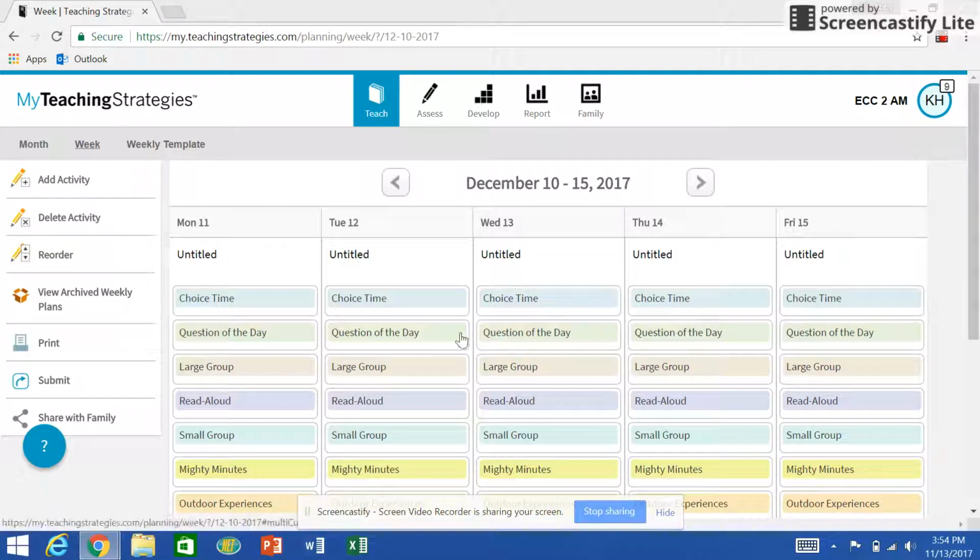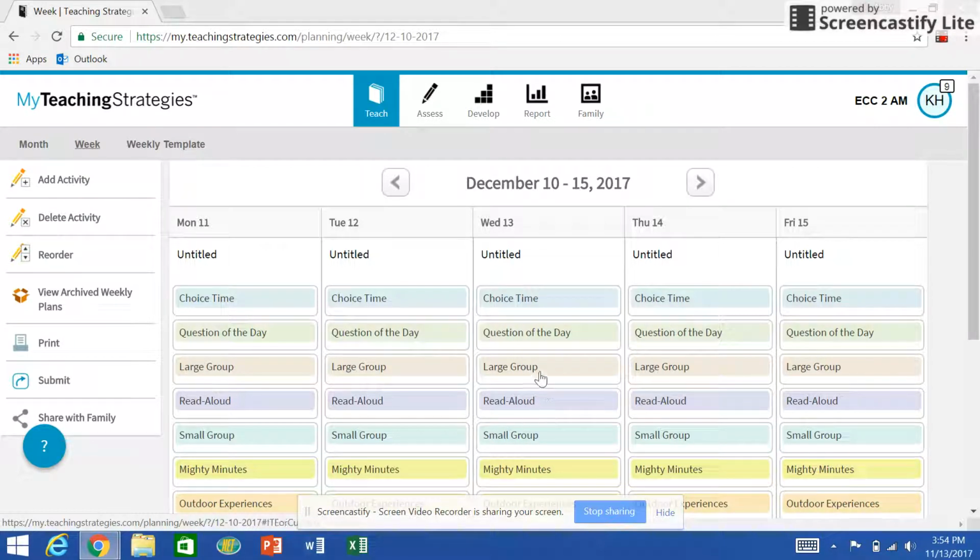Hi. So this is going to be a quick video to show you how I set up my weekly lesson template so that I can easily and quickly access each individual time of the day without having to scroll up and down, hit next, wait for load time. I find that that really disrupts my thought process and doesn't allow me to kind of naturally write my lesson